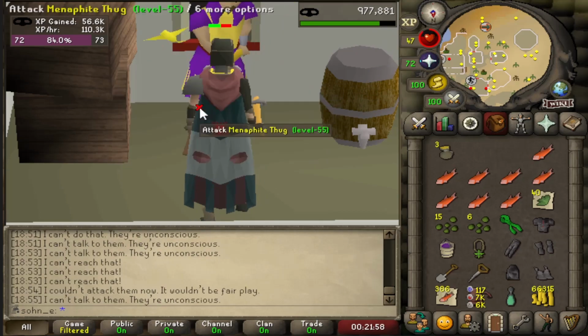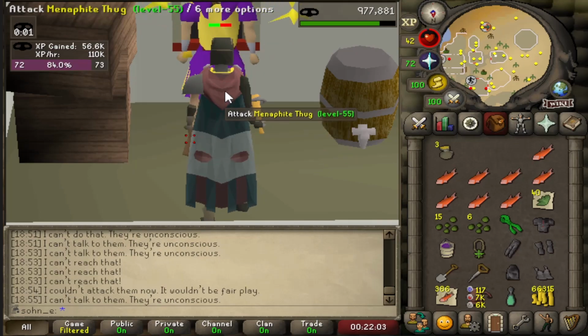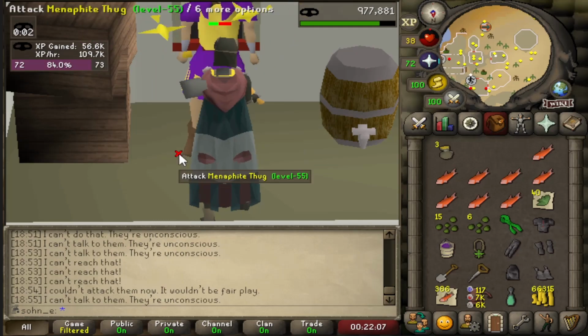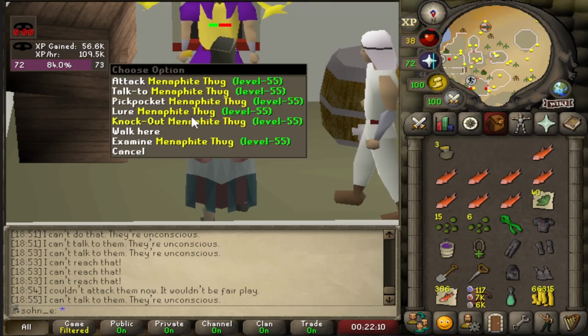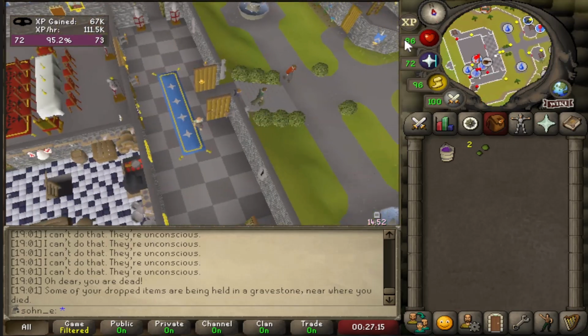We've been doing this for half an hour and we just got, I don't know, like 50 more hours of this to go. So this is gonna be fun. I mean, hopefully we'll get faster. If we can get 200k XP an hour, that would be a big milestone for us. I accidentally attacked